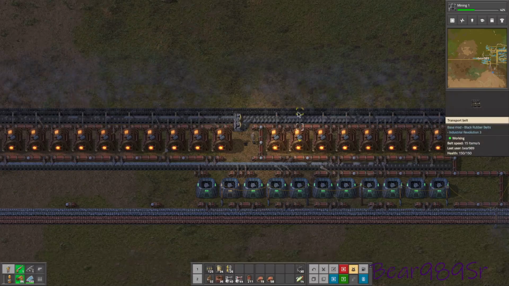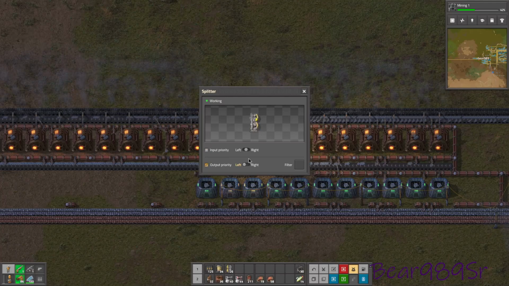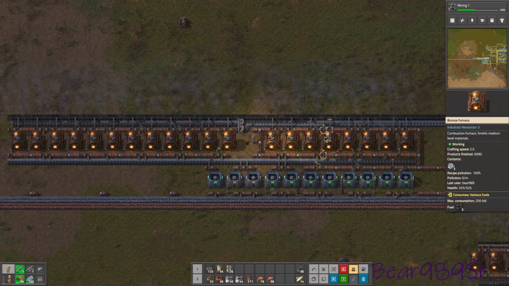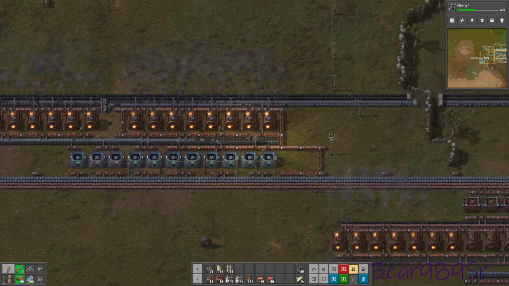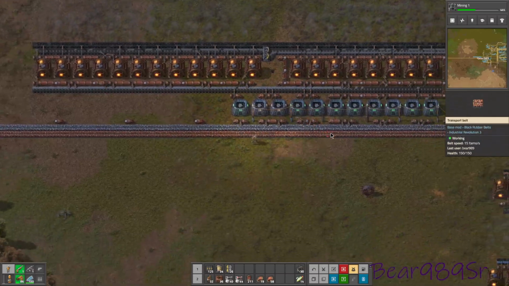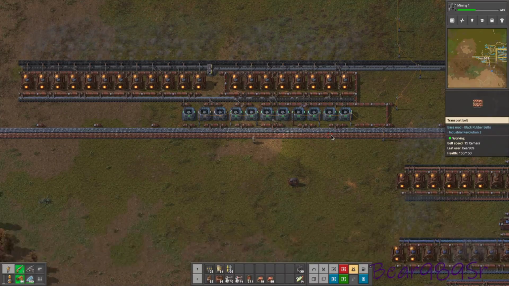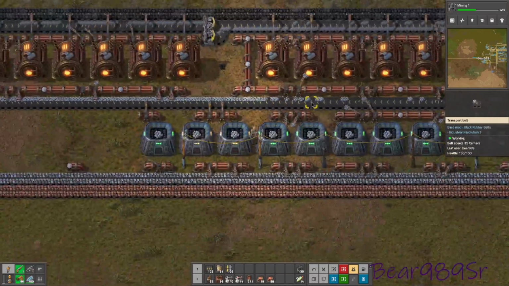And I'm actually thinking let's do output right here. That way we make sure we have plenty for these guys. Plenty of room for those guys to do that. Yeah, I think that's going to work a lot better. And we still have plenty of crushers that have nothing to do. We can actually even do